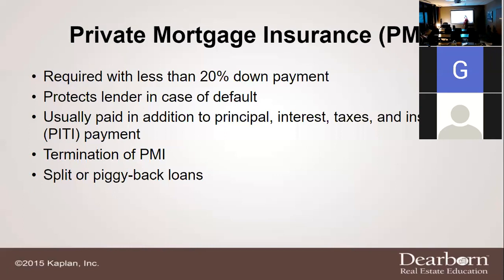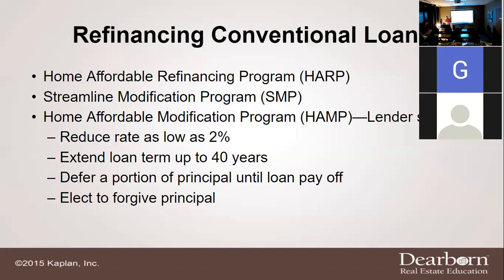You get their information, because I guarantee you, Mr. Eugene, if you got a deal that says I can drop your mortgage by approximately $100 a month, what are you going to do? You're going to call me, right? So it's a way to generate leads, because when people hear they can save $100 a month, they're going to jump. That's $1,200 a year. Now, they of course also split or piggyback loans. It's also going to be required in those particular situations.